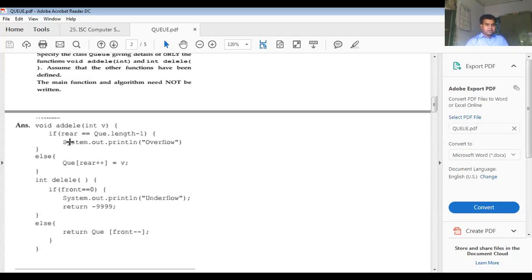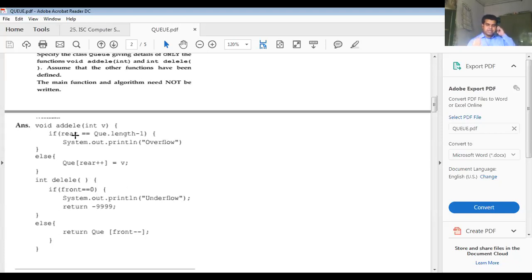Okay. Because if this condition occurs, that means it is overflow, and overflow represents what? You cannot, acha, this is add elements, you have to add an element. Now I understood. Add elements, which means that if the rear value, that is the back end value, is just the maximum length minus 1.